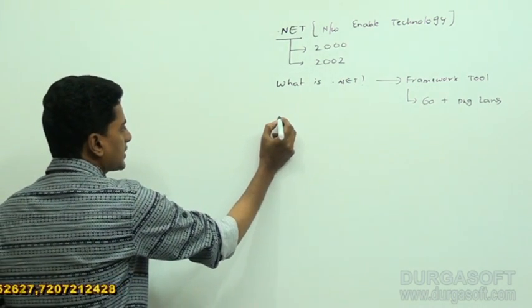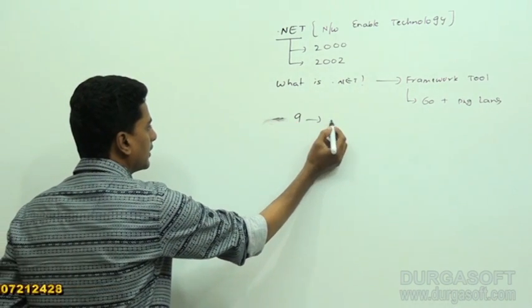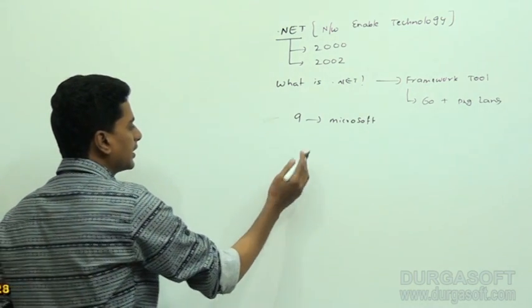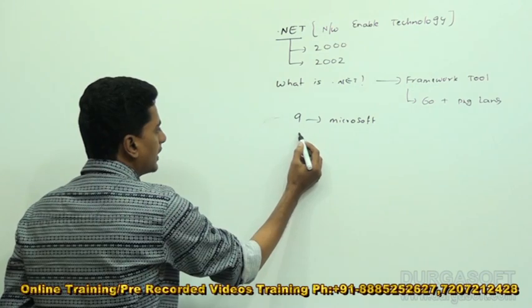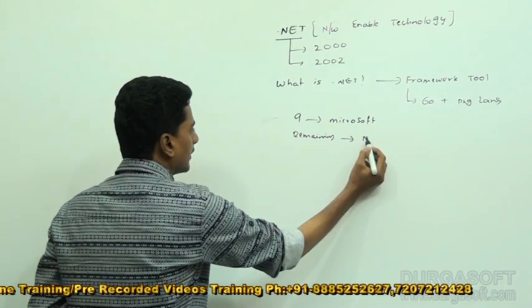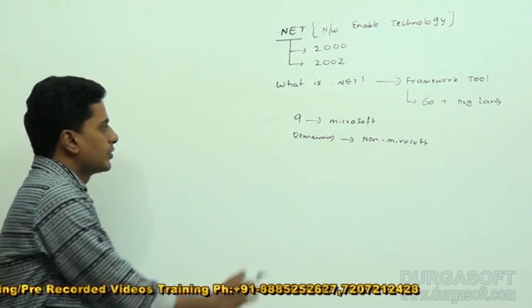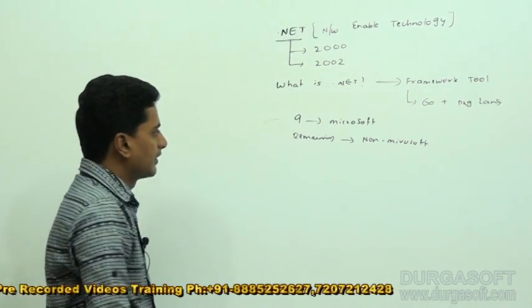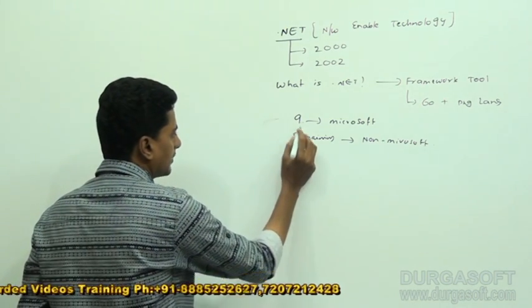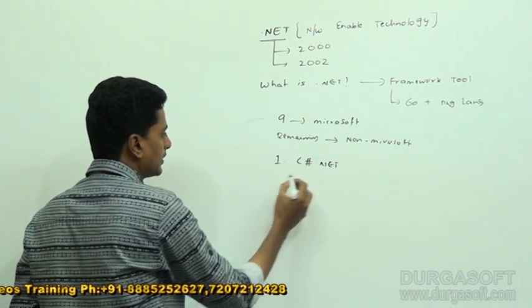So in these 60 plus programming languages, 9 programming languages are designed by Microsoft, and all the remaining programming languages are designed by non-Microsoft. The 9 most important programming languages developed by Microsoft, I am just listing out. First one is C#.NET,